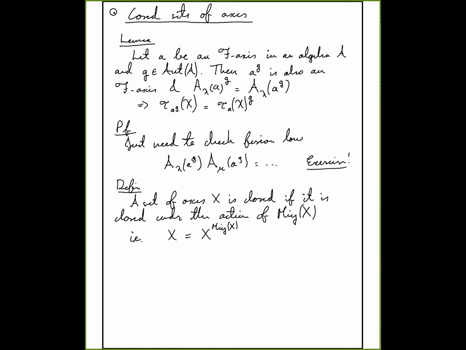You just consider the intersection of all of the closed sets of axes containing that set X. So since the intersection of closed sets of axes is closed,